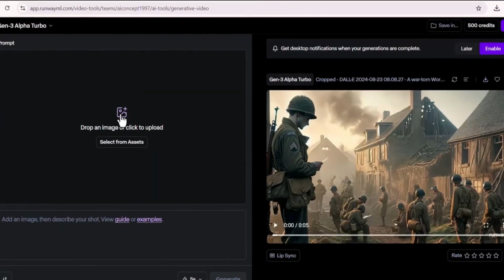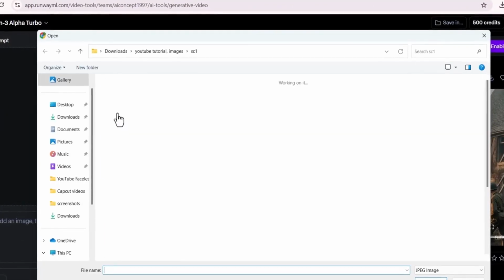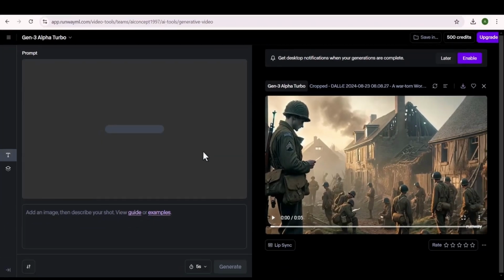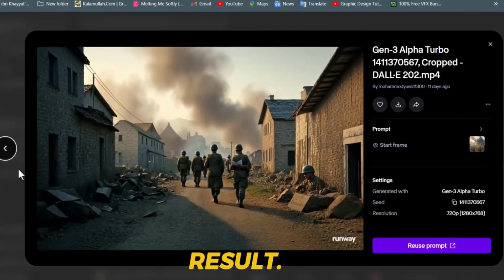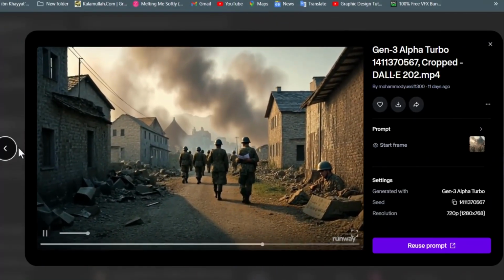Now, repeat this process for each image in your sequence. Upload the next image, generate the video, and download it. Continue this until all of your images have been animated. Now, this is the final result. Amazing, right? Before we move on to the next step,